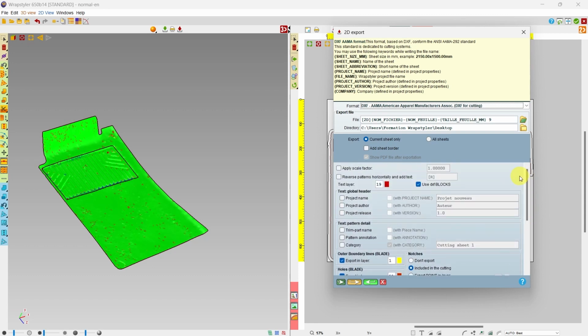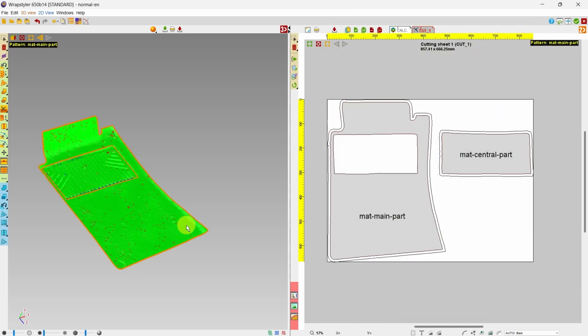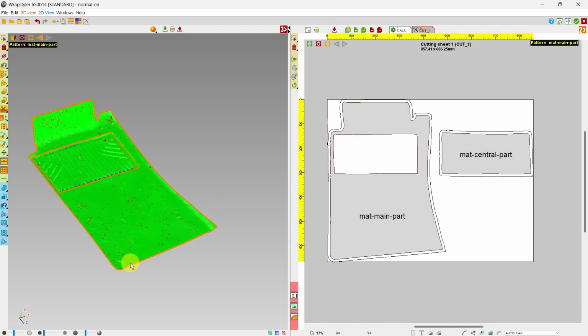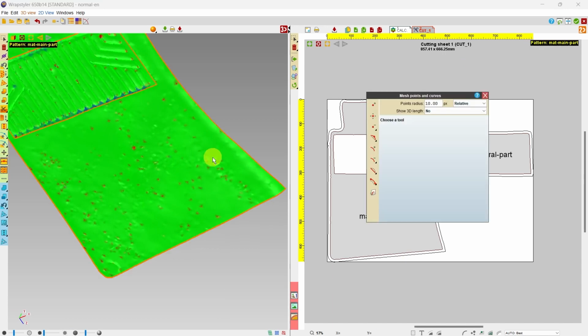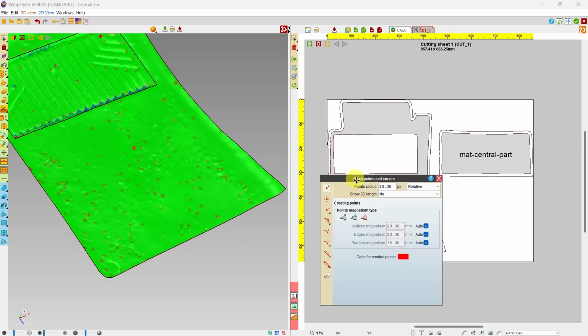For example, let's say I want to cut circles to add clips or retainers later to fix the mat on the car floor. I can add points in the 3D view, like this.